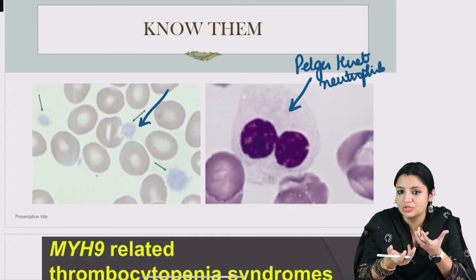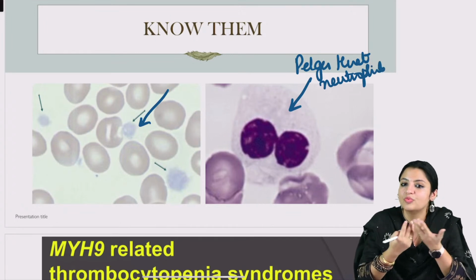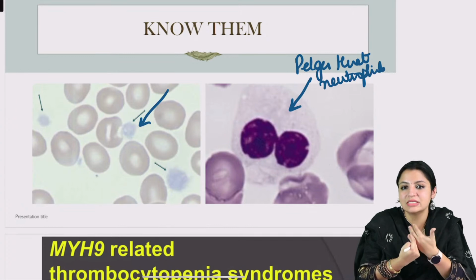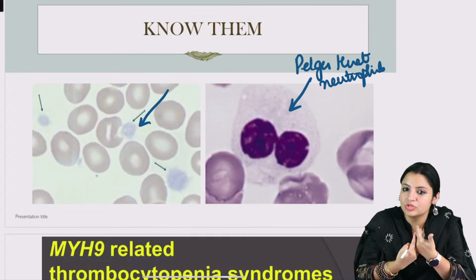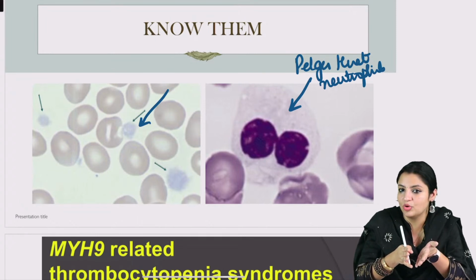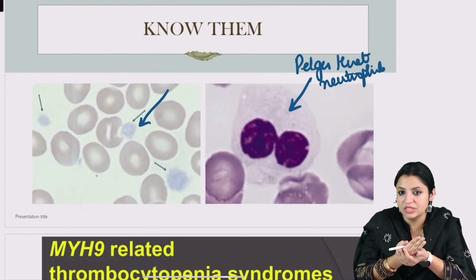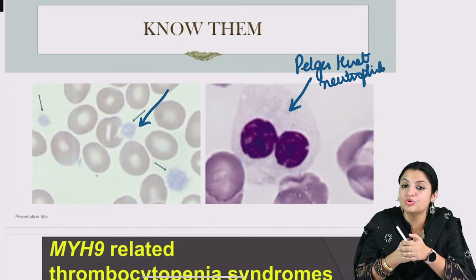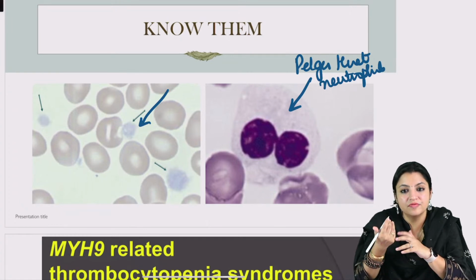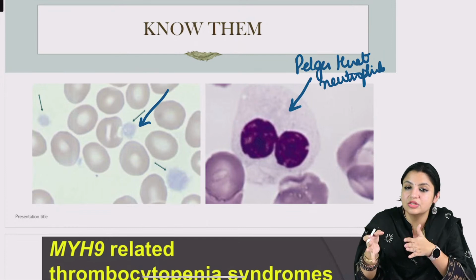So what will Coulter do? It doesn't have eyes. So what will it do? It'll start counting all the platelets as RBCs, and Coulter will give you thrombocytopenia. There might not be true thrombocytopenia, but Coulter will report thrombocytopenia. That is why it is very important to see the smears in cases of thrombocytopenia, so that you don't miss these kinds of lesions. And then we also have flow cytometry, which is present in the Coulters,